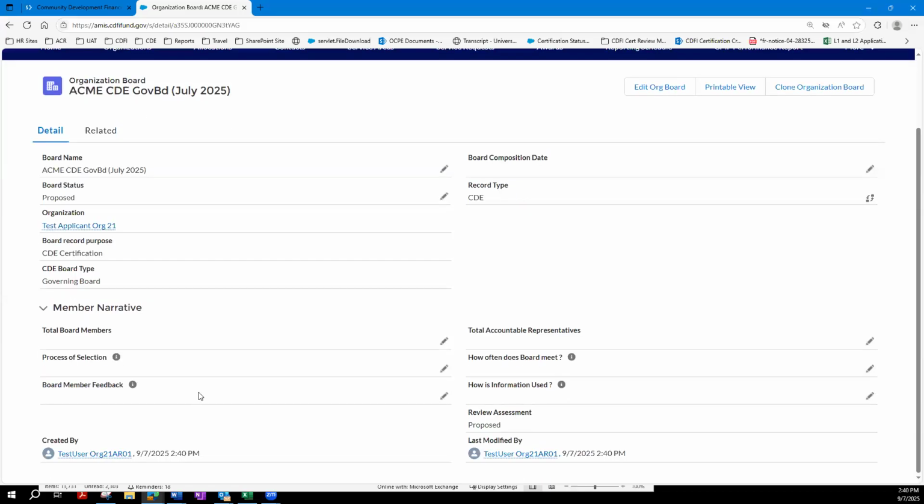Here you'll notice there's a member narrative section. If you intend on using an advisory board to maintain accountability to your service area, you will need to complete the member narrative section. That includes total number of board members, total number of accountable representatives,